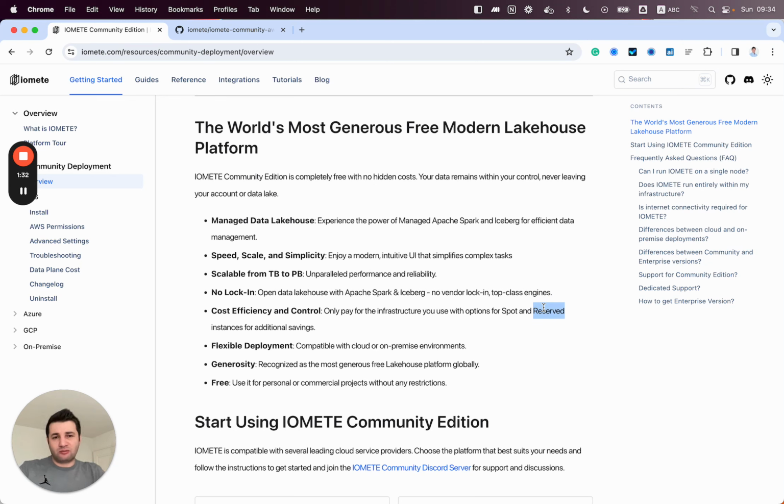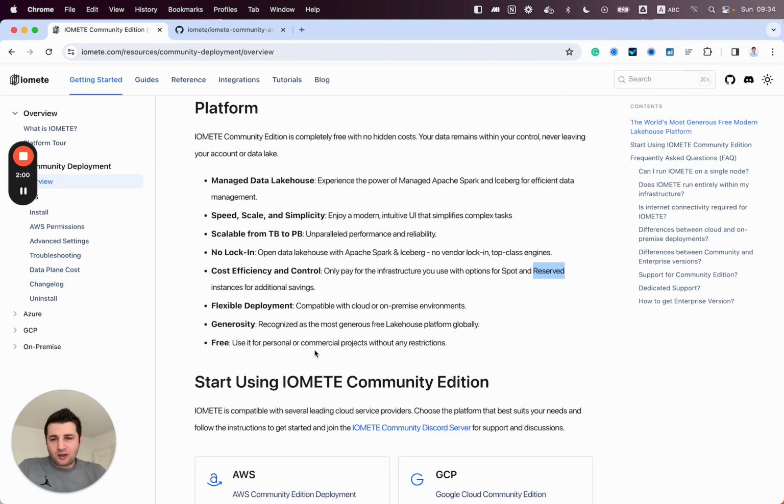Your company might be using those, or your company might have AWS credits, so then it will be much cheaper than using other vendors' managed solutions and paying them the AWS cost, usually the on-demand price plus a margin for them. iamid runs on all the clouds and on-premise environments, and again, it's free.